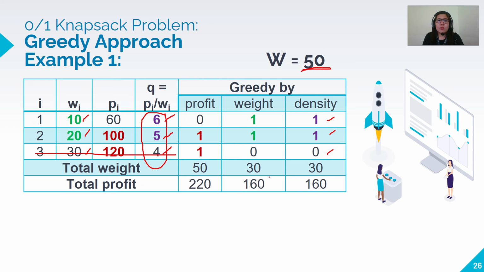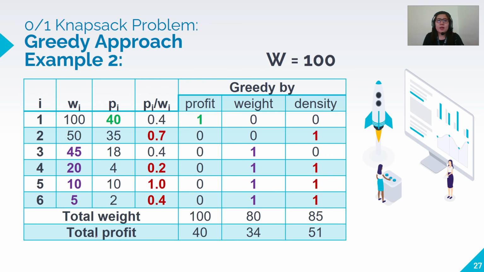And the total weight, we have 10 plus 20, 30, and we have total profit of 160. Another example, we have this one. The weight is 100 and it has 6 items. Okay, so if we'll try to compute greedy by profit,